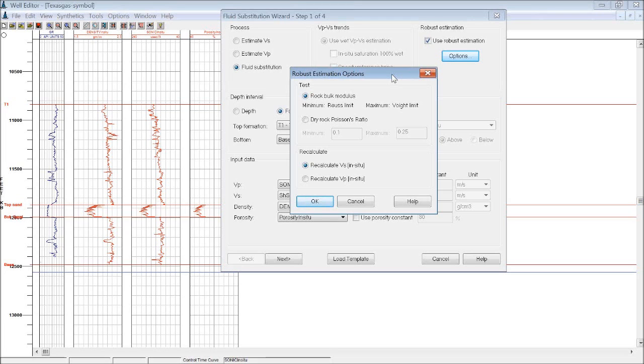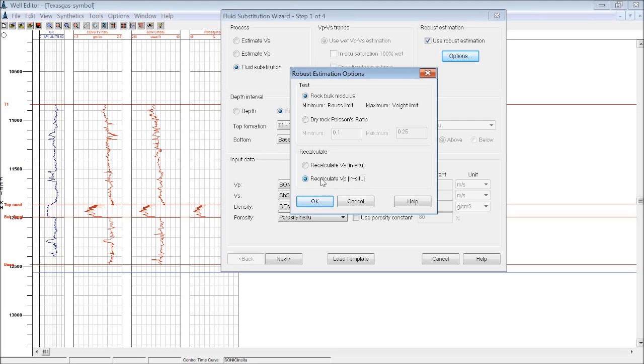So it's just saying, hey, you calculated it, it's not realistic. Let's bring it back within reason. What would be nicer to do is to find out why it isn't within reason, but we do give you the option to bring it back to the realm of reality. So you can always recalculate your VS and your VP. You see that? I can always recalculate those. You want to do this before you start doing the fluid substitution. So the idea is you want to put your VS and your VP within reason before you